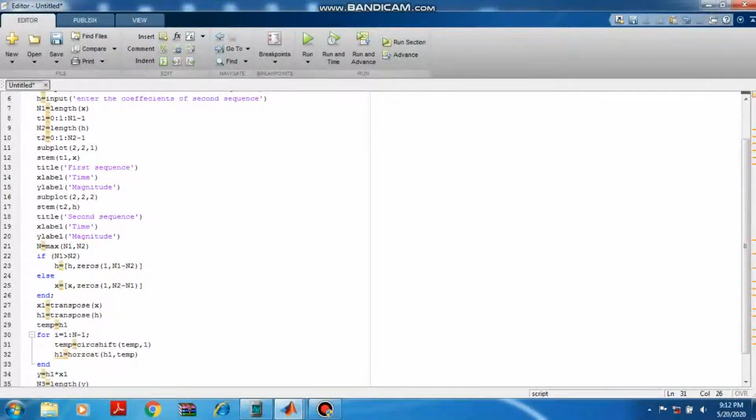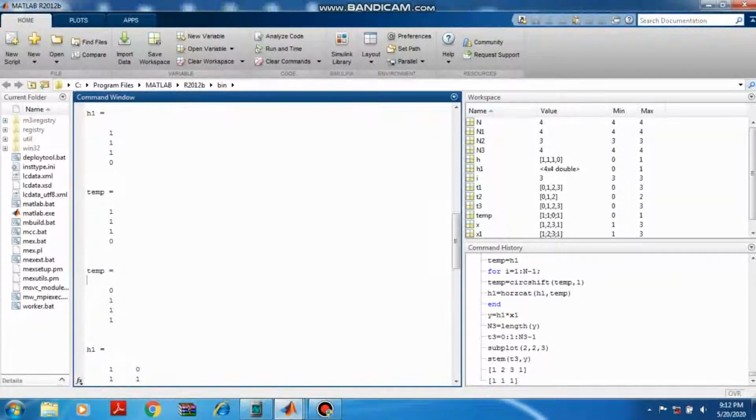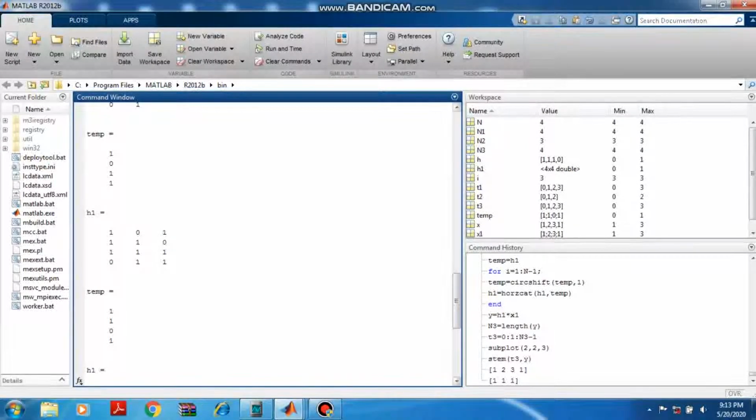For I equal to 1, temp is shifted once. Then h1 is a horizontal concatenation. It will keep h1 and in front of that h1 it will put that temp matrix. So h1 was 1110 and temp was 0111.